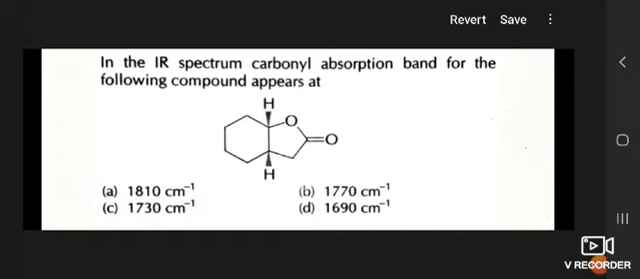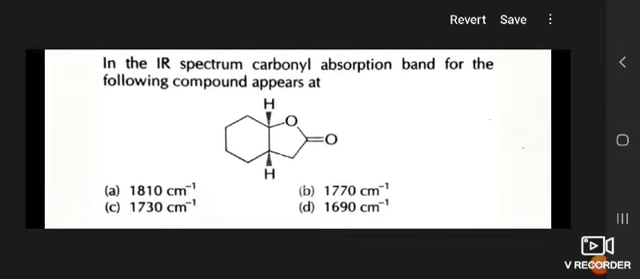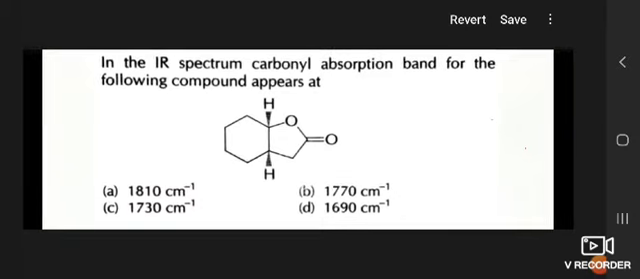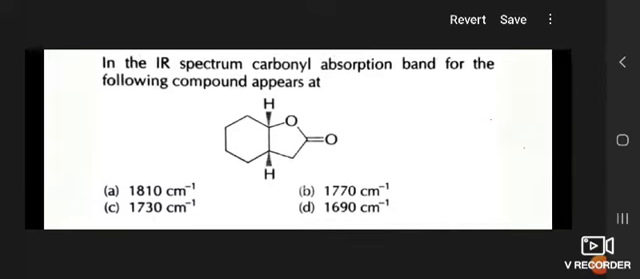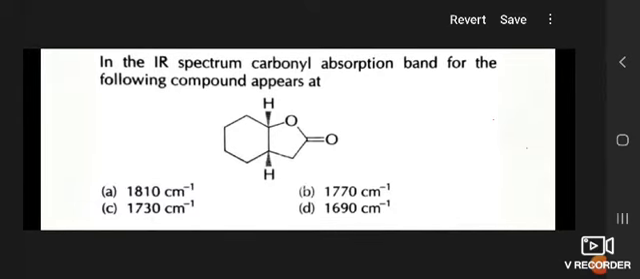The question is, in the IR spectrum, carbonyl absorption band for the following compound appears at, and the compound is given, and this compound is followed by 4 options. Now here you can see that it is an ester, that means it has an ester functional group. Now before solving this problem, I want to give you some basic information regarding the IR stretching band for ester